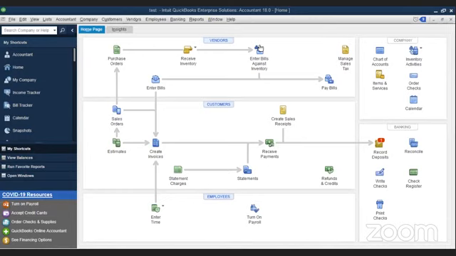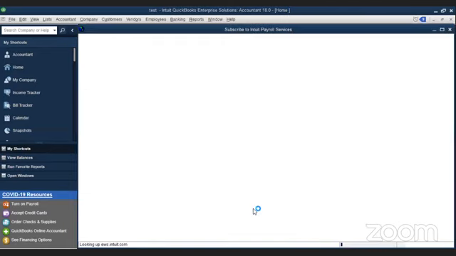Lakshmi. Hello, sir. Yes, Lakshmi, tell me. Sir, how about the employee payroll system in QuickBooks? For employee payroll, there is a separate module called employees. You just go to turn on employee payroll and click that. Then you have to update your employee details. Oh, sorry. This is a limited version of the software, wait, one second.